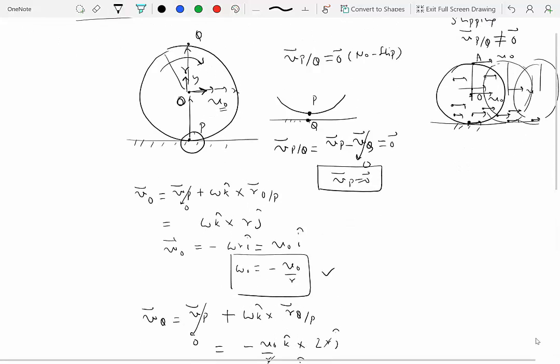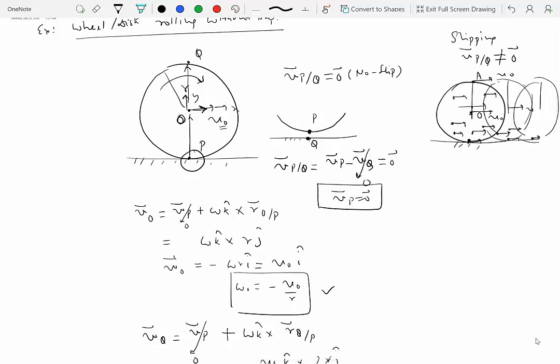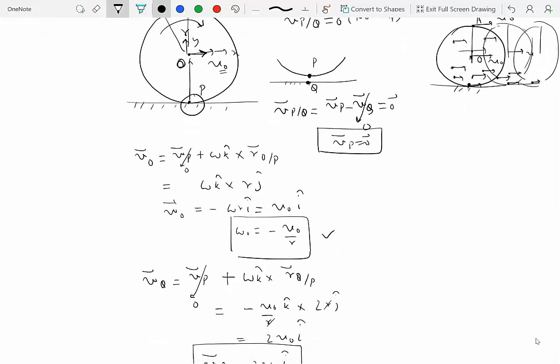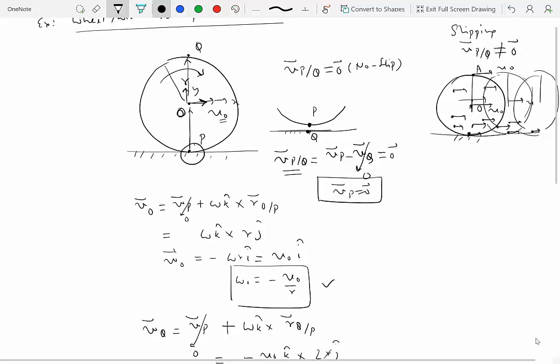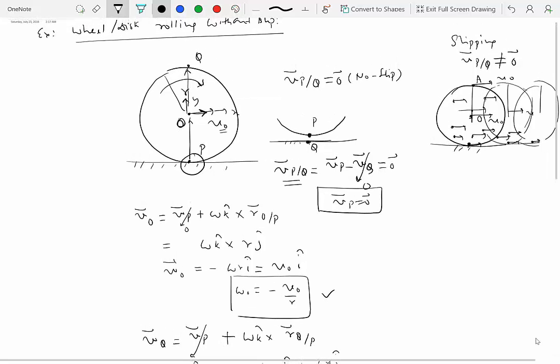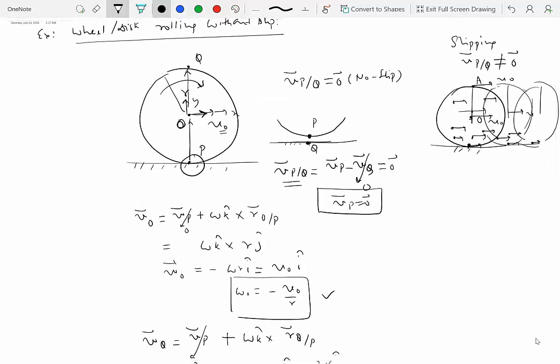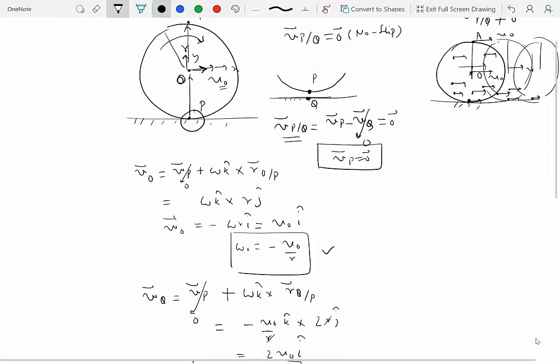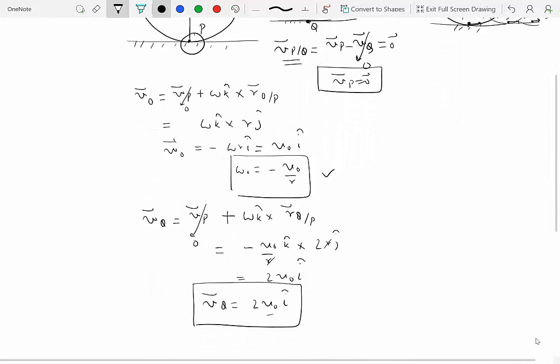Now what about the acceleration? What can we say about acceleration of point P? We've already talked about this. We said that just because the velocity of the point P at any instant is 0 doesn't mean that the acceleration of the point P is also 0. But what we do know is that because along the tangential direction, this is the tangential direction, the velocity of P is same as the velocity of the Q, we also know, because of the no slip condition, the relative acceleration of point P with respect to Q along tangential direction would be 0.